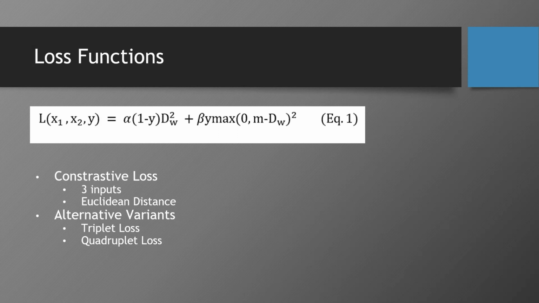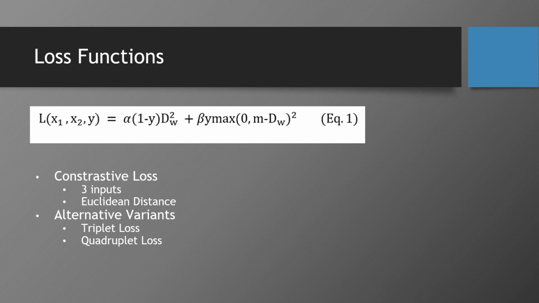Yeah, so I'd like to describe the loss function here. For this loss function, we have three inputs. x1 and x2 are the two input images. y is a number to describe if it's a genuine pair or genuine forged pair. For a genuine pair, y is 1. For a genuine forged pair, y is 0. For the other parts, alpha, beta, and m in this function are set to 1 in the SIGNET paper we used.